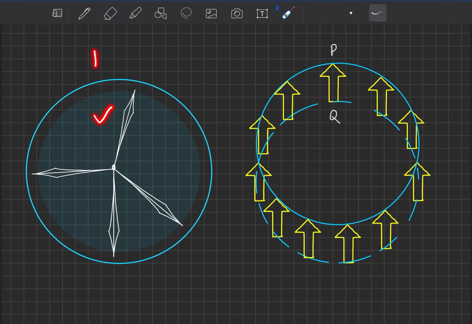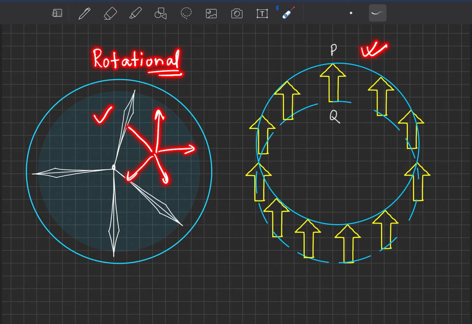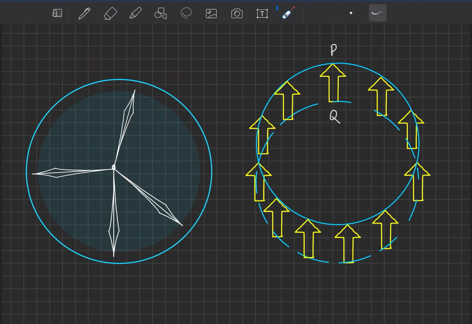This kind of motion is our rotational motion, where every point is moving in a circle, but the overall object is moving about its own axis also. Here every point is moving in a circle, but their orientation is not changing, meaning they are not rotating about itself. Here it is looking like this, then like this, then like this, meaning it is revolving about itself. Here it is not revolving; it is circular motion. This motion here is pure circular motion. So this is the difference between circular and rotational motion.